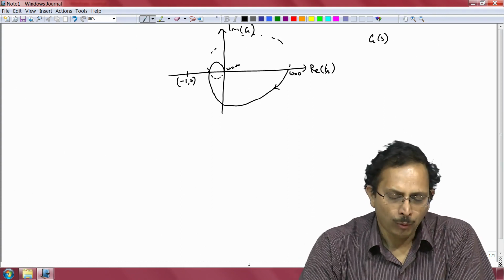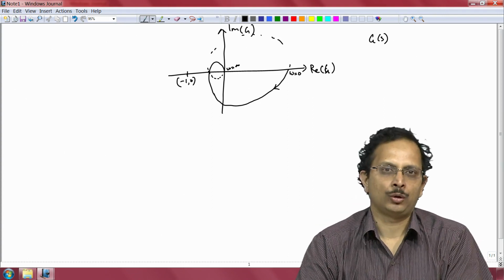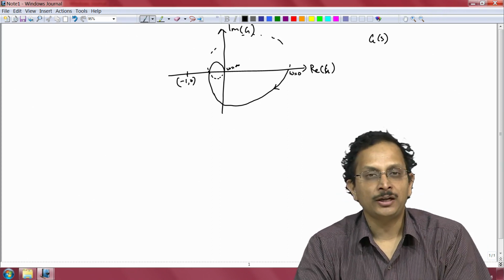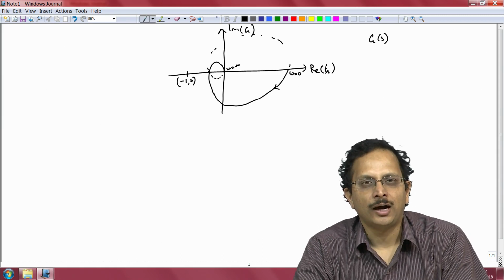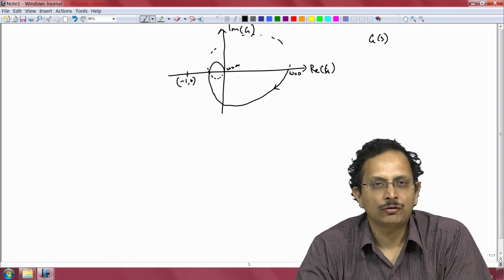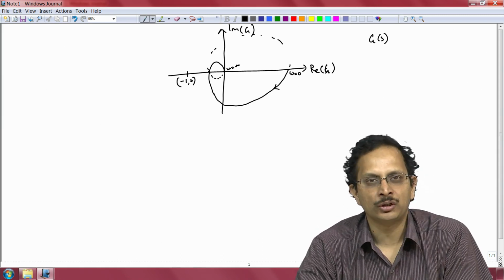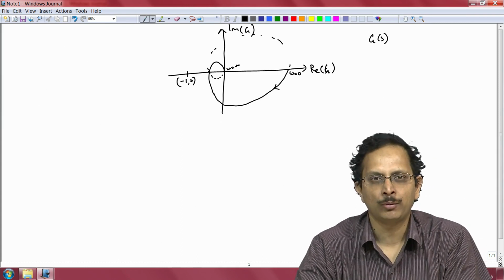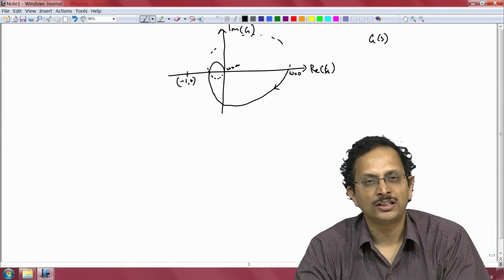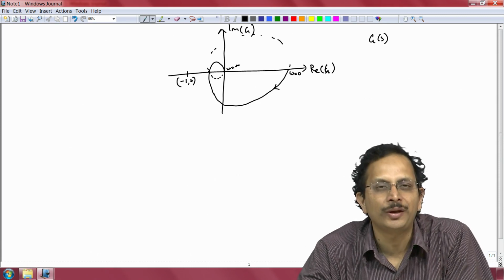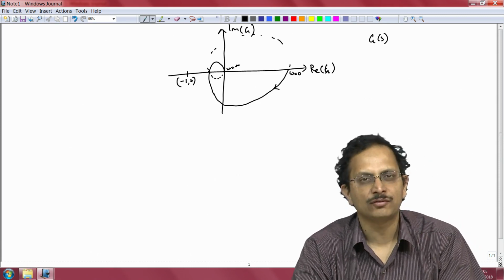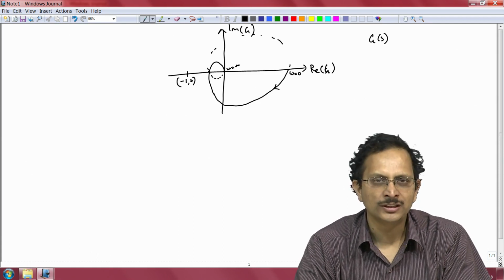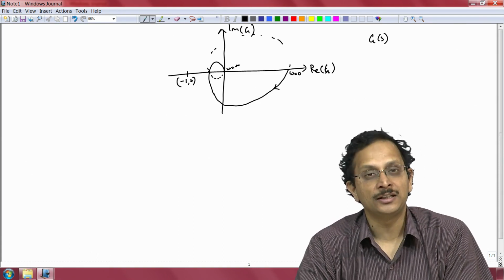Now what are we interested in as control engineers? I highlighted that we are interested in two things. The primary thing we are interested in is achieving certain specific performance requirements. We want to be able to reject disturbances by a specified amount, or achieve a certain amount of robustness to variation in the parameters of a plant, or perhaps track references with the desired accuracy. These are the kind of things that we are really interested in.